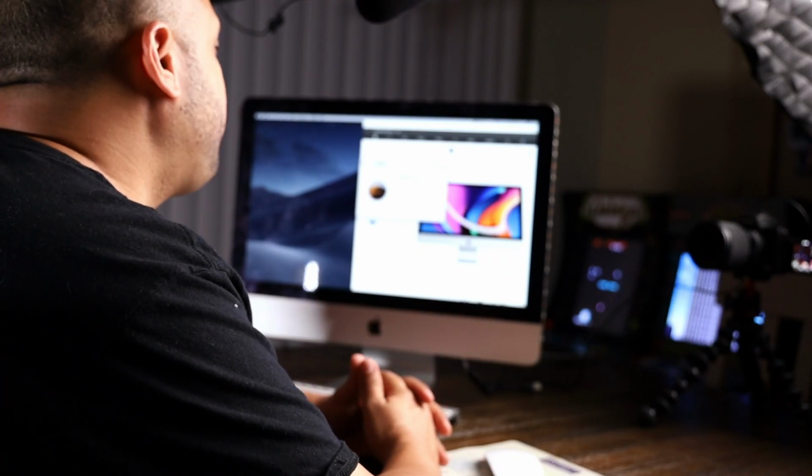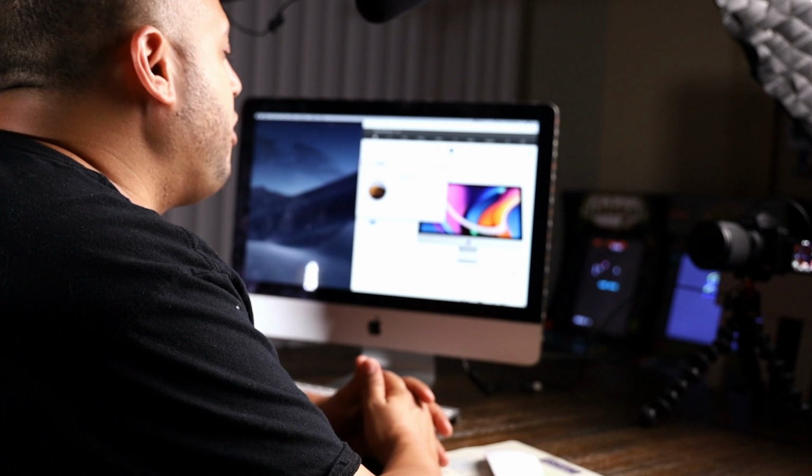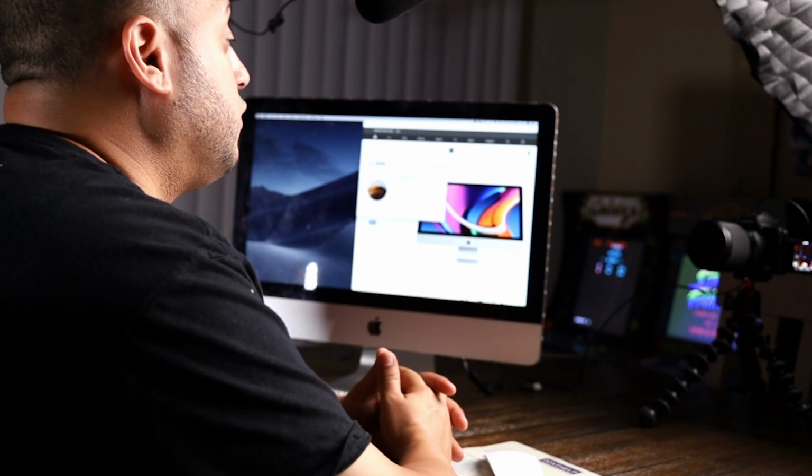As you guys do not know, since I never speak about the gear that I use to edit videos or pictures, I use the late 2013 iMac 21.5 inches. I know, that is an old computer, but it's been the computer that has been helping me for all these years, for 7 years. I bought this computer when it came out, and I still been using it, and I've been beating it up a lot. And I know that this computer has helped me a lot, but at the same time,